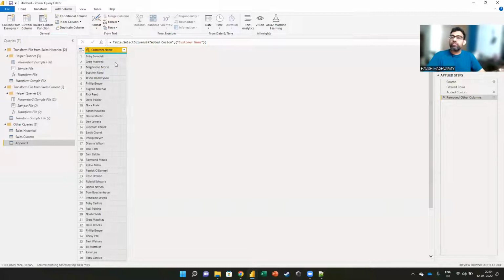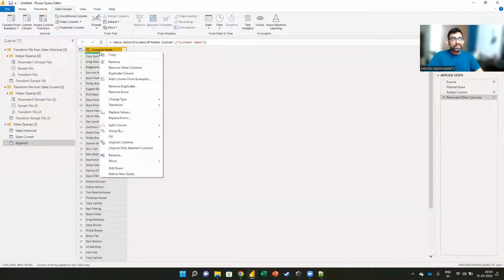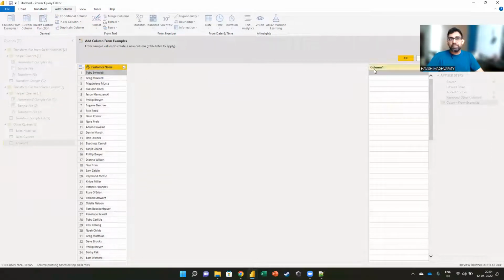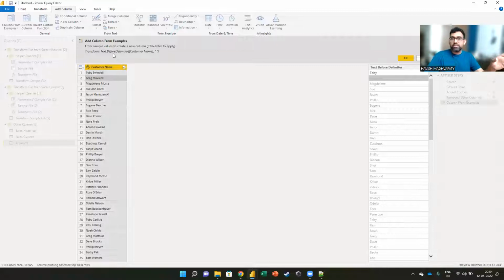Here, we have this beautiful AI feature. So I can right click and I can say add column from examples. Watch this, this is very cool. I just have to give a sample. So I will say, I want Toby. Do you see what it is doing, everyone? It is automatically writing a formula called Text.BeforeDelimiter. You don't have this formula in Excel. You only have this in Power Query. But this is not what we wanted. No, we wanted Swindle, okay, comma, Toby.